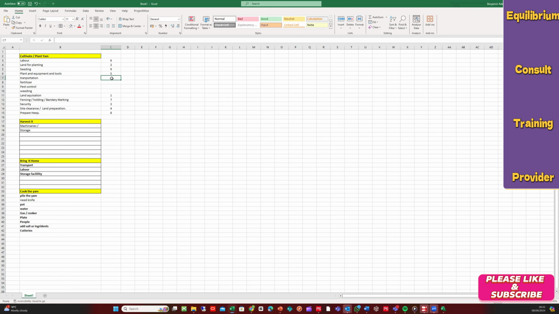We need it almost from the beginning to the end within this section. So we're just going to put it as 1A. Does that make sense? Or maybe 3. What is number 3? Security, fencing. What is number 2? Land for planting. What is number 4? Okay. So let's say at number 4, we need it. Let's say number 4A.